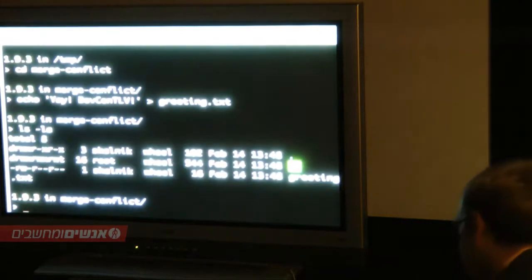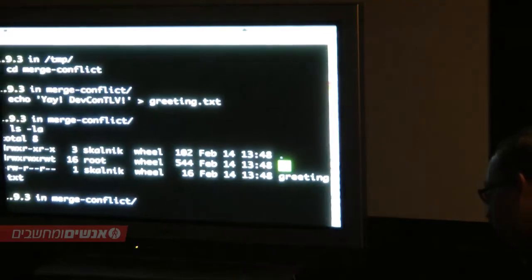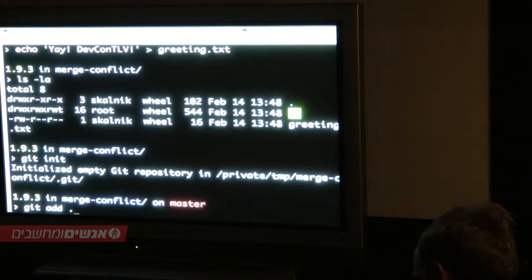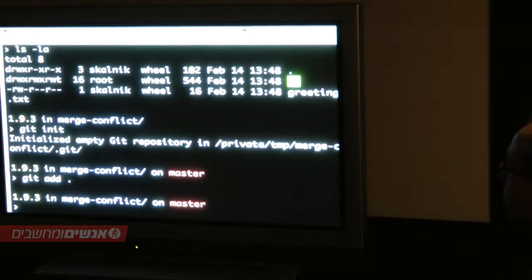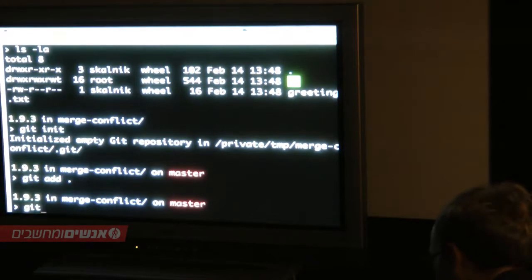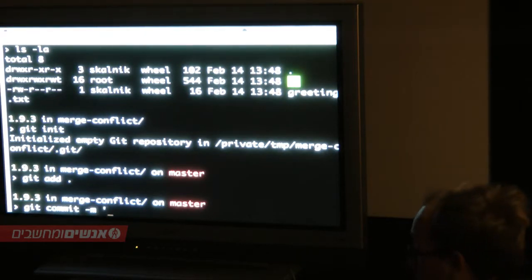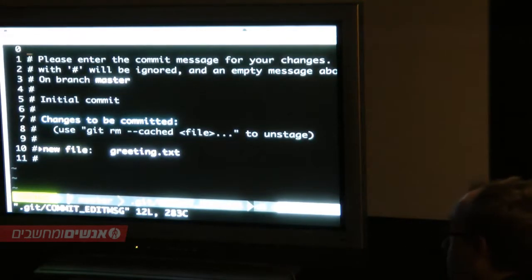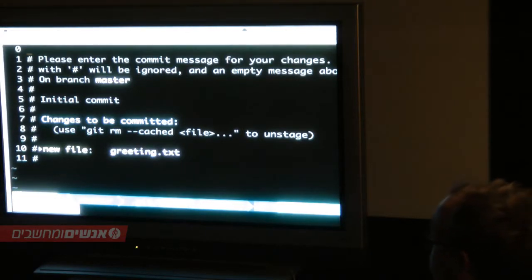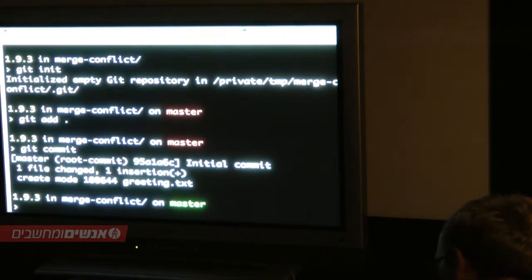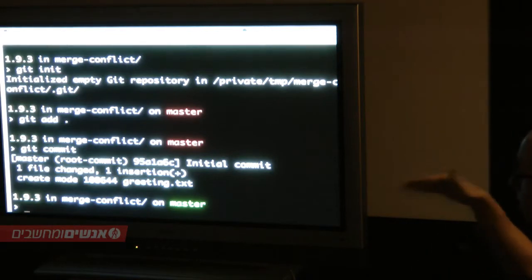So in this directory, there's no Git repository just yet, so we can start that one up real quick. And we'll add all the files in it. Right now, it's just that greeting.txt, but it's all we need. And we'll make our first commit. So if you do -m, you can just specify the message right there. Or if you leave it off, it'll prompt us for something. So we'll just say it's our initial commit. And so we have that single commit on our master branch.